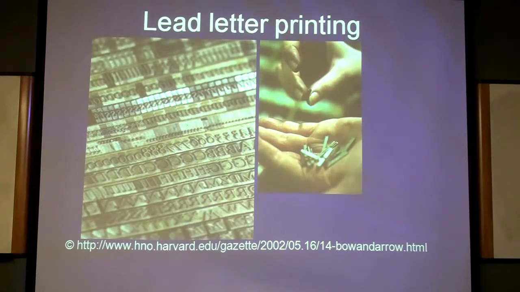It's lead. They fix these letters, and then they apply dye stuff, in color, on top of these letters, and then apply paper. After that, the color is transferred from these letters to the paper, and that's how a book page was printed. To print the whole book, you may imagine that it involves a lot of work and a lot of time. Okay. But that's the way to do it.